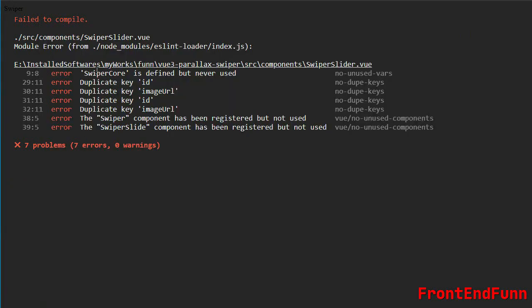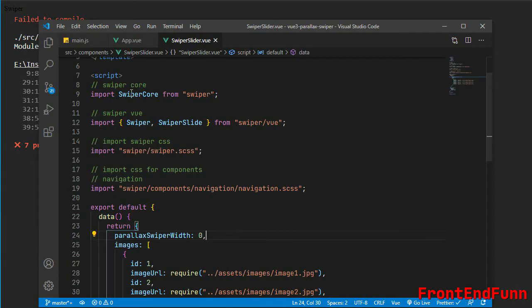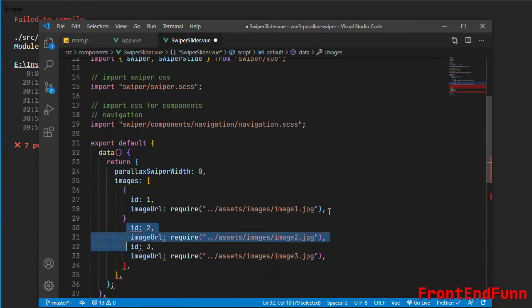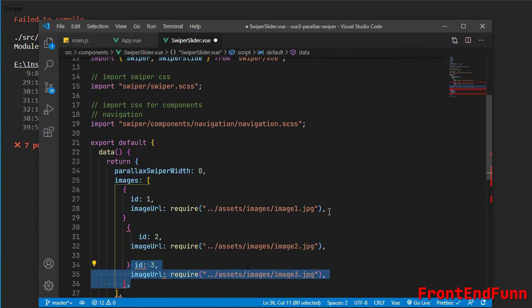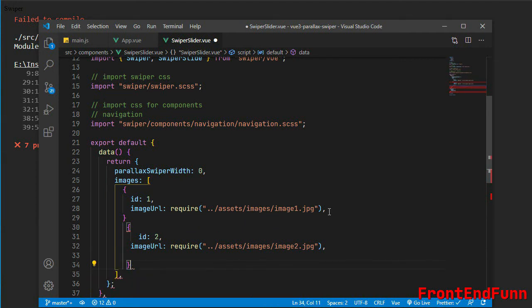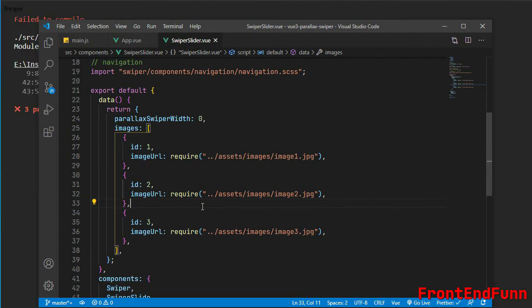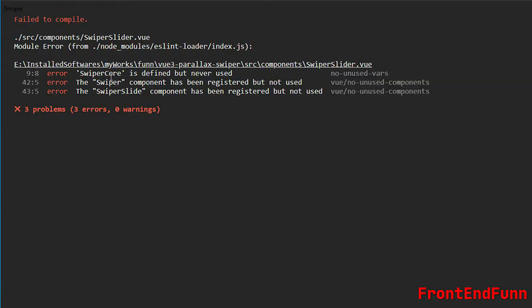Next we are getting errors like SwiperCore is defined but never used.